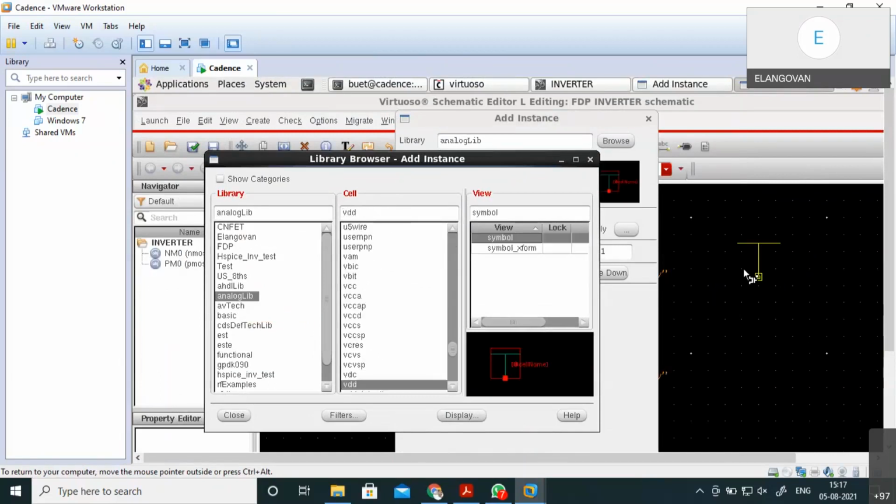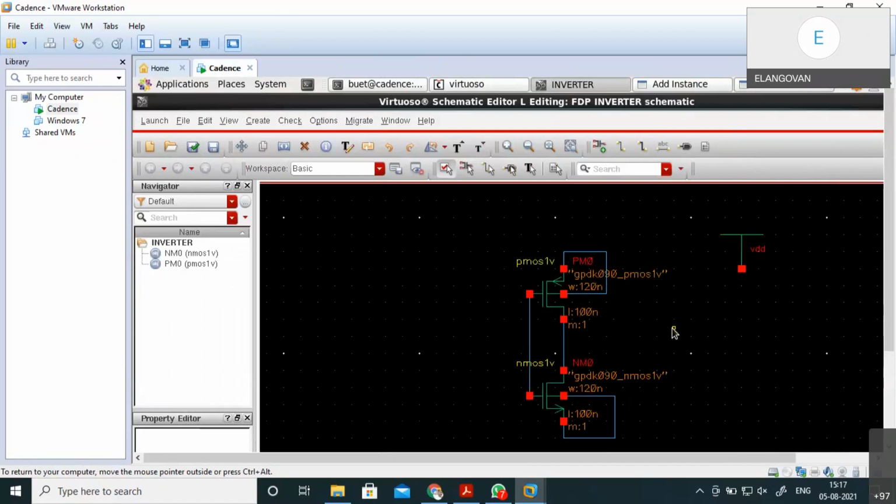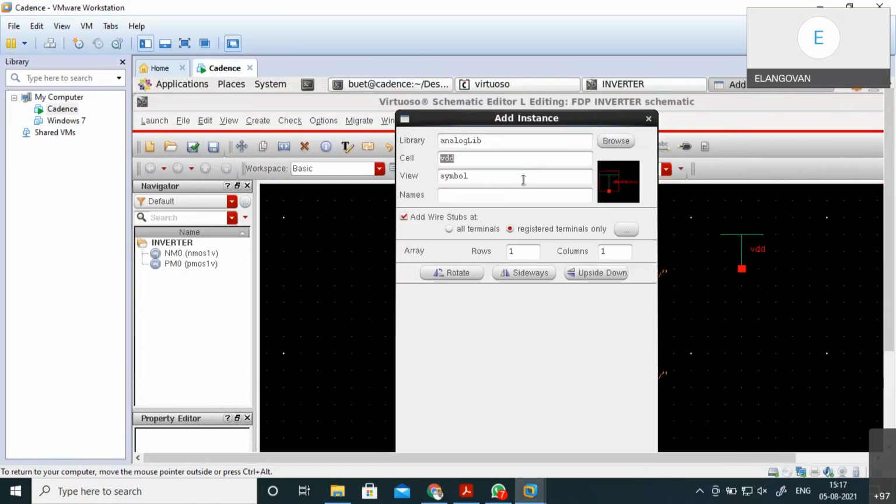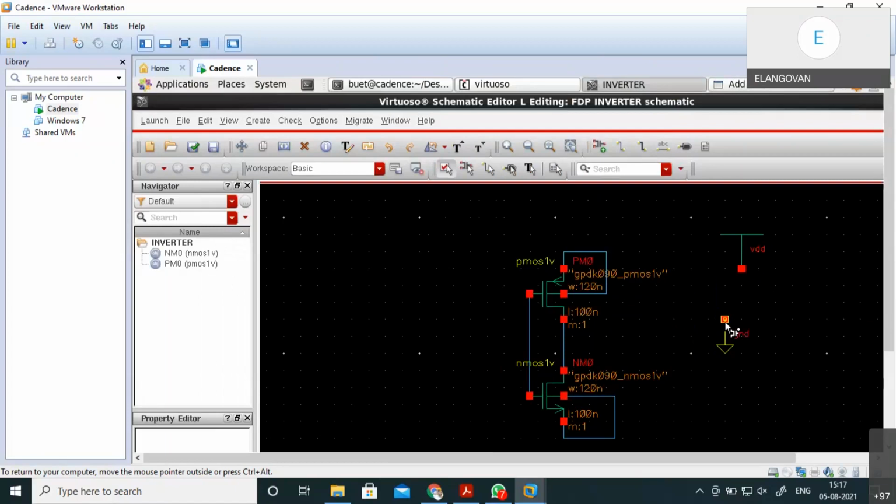If you use VDD, yes, the symbol is coming. Similarly, you can find the ground also. GND, ground. So my ground is here. I'm making my ground here, and one more ground for the input signal, and the ground for VDD is already available.